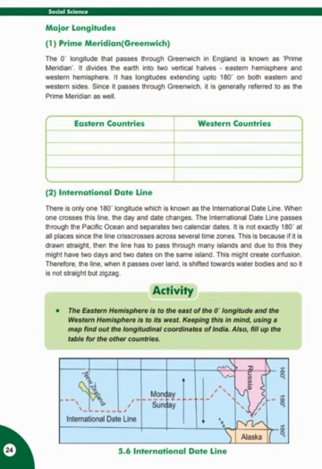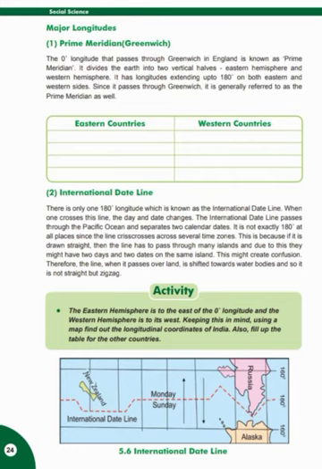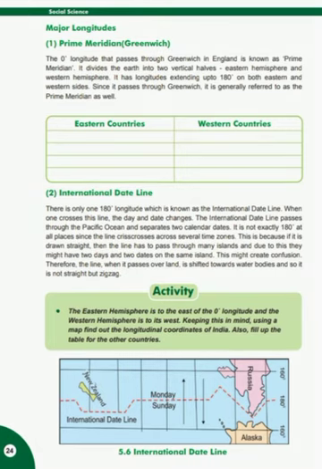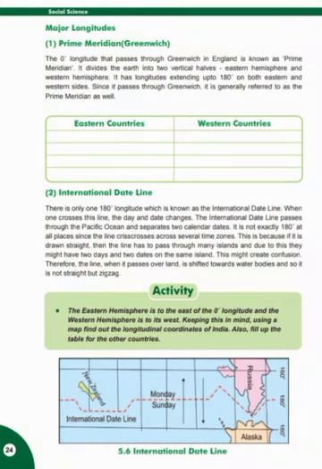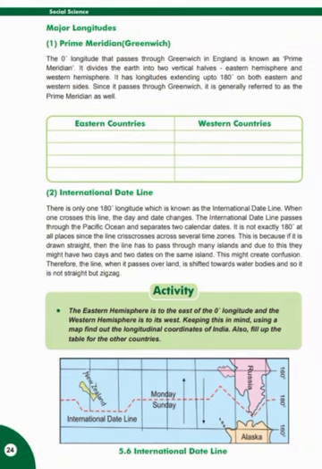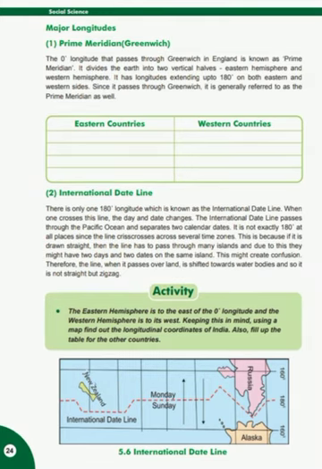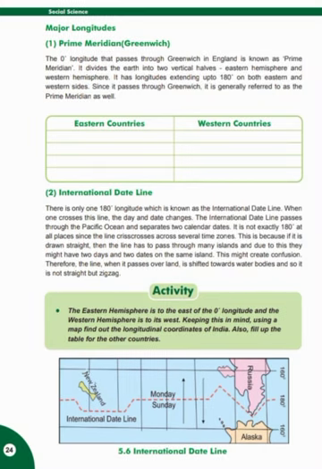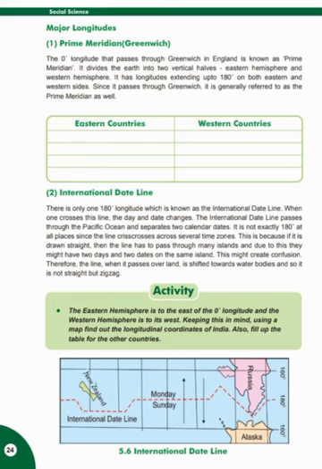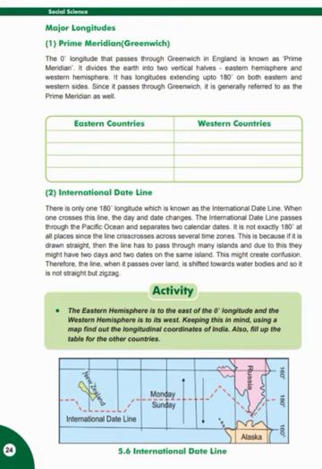It passes over the Pacific Ocean. There are many islands in this ocean. If the international date line is drawn straight, it will pass through these islands. So there would be 2 dates and 2 days at the same time on all these islands. To avoid this problem, the international date line is drawn so that it is shifted over the sea only and does not pass through any island. This is why the international date line is zigzag.